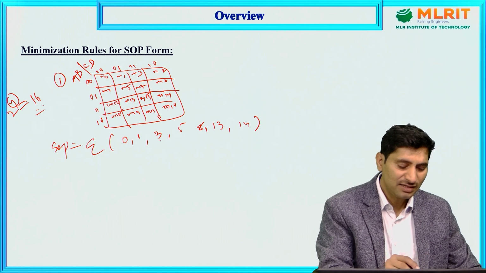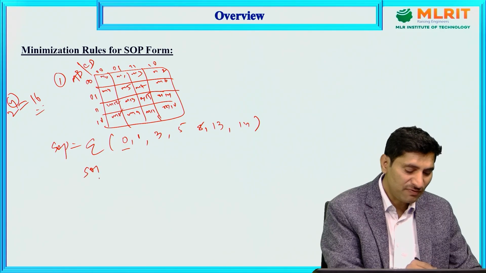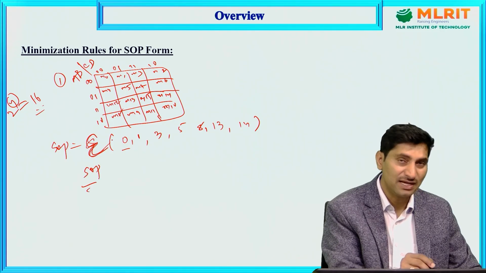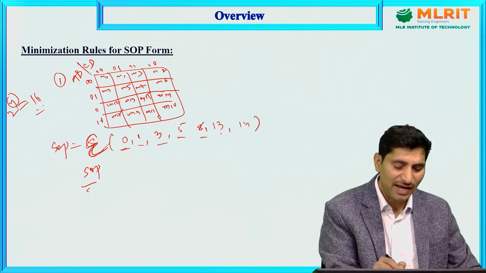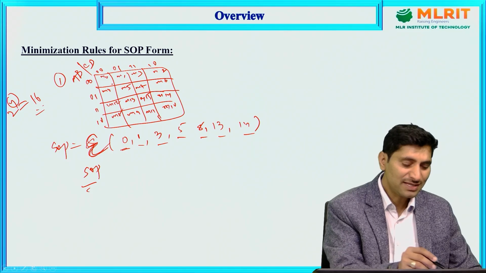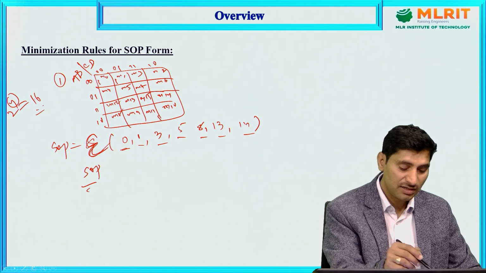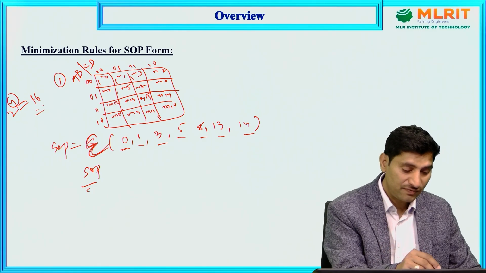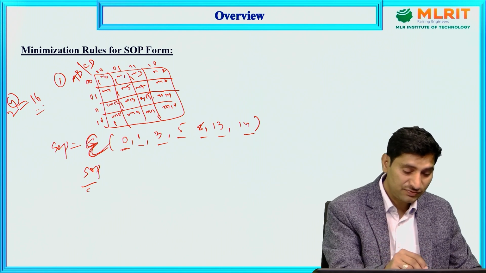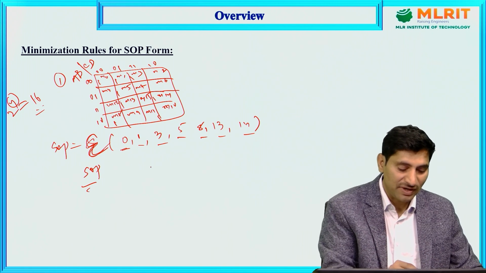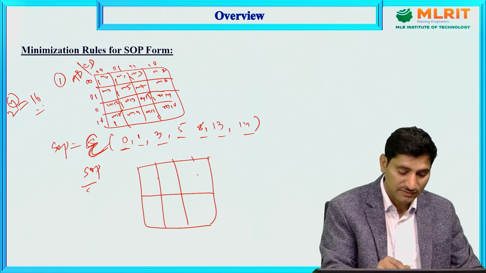Okay. In that, you see the 0 term is given, and it is in SOP form. It is in SOP form because here sigma suggests it is in SOP form. So in SOP form, the 0, 1, 3, 5, 8, 13, 14 terms they have given. So those can be represented with ones. So 0, 1, 3, 5, 8, 13 and 14. So like that they have given. So if I rewrite this like this,